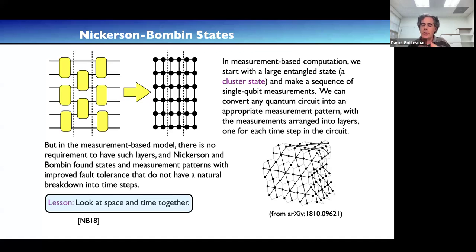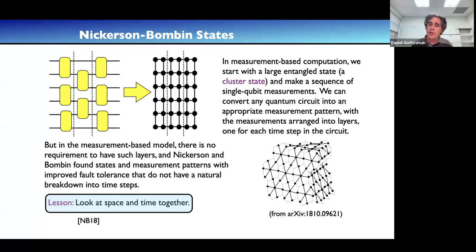The measurements you're making in the measurement-based model don't depend on the previous measurement results, unless you start to deal with non-Clifford group gates. So while the circuit you started with forced you into this time-foliated picture of the measurements, the measurement-based model doesn't care about that.